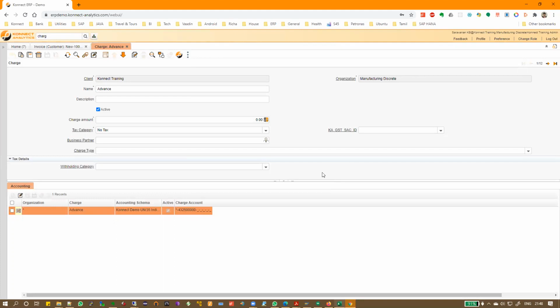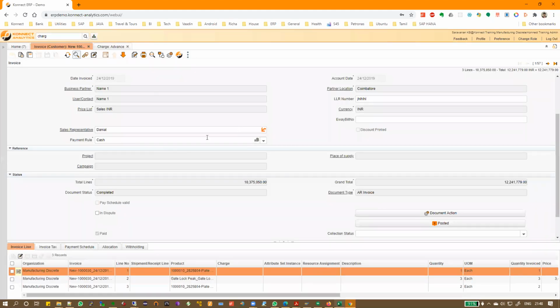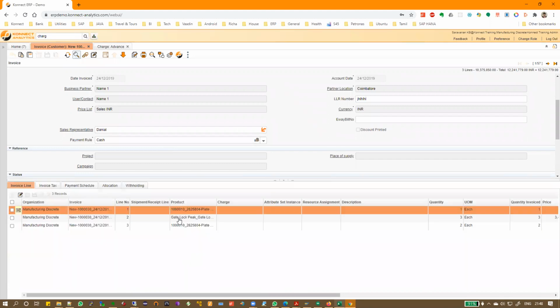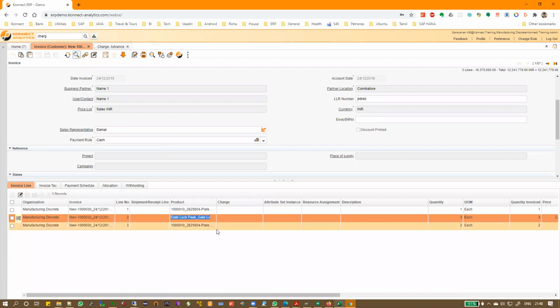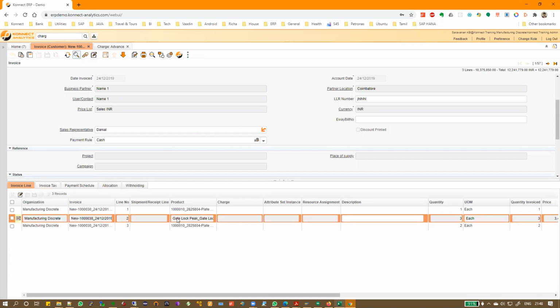You're confusing two things. One is in indirect posting, I'm only explaining what this document is, how this document is getting translated to accounts. Okay. Now, this is what the question you're asking is a very common confusion for any accountant who's coming from Tally background. Our ERP is not an accounting software. Okay. So when you say charge is like product. For example, you ask me, right, gate lock. I cannot go and change this gate lock to do whatever it wants. If I want to change gate lock to something else, I need to reverse this document and I need to create a new document with whatever is the name.